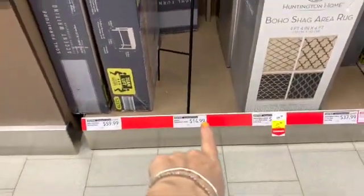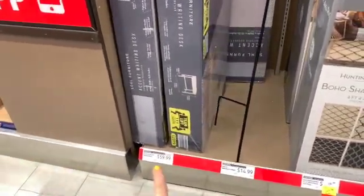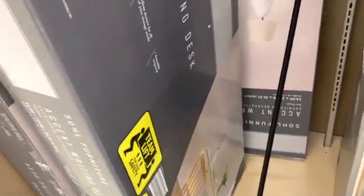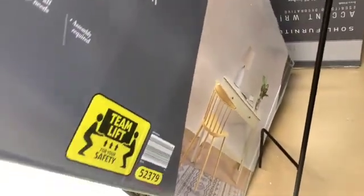A shepherd's hook for $14.99. It's a really tall, long one. And then we have a writing desk down from $119.99. It is now just $59.99, and this is heavy. You're gonna need 2 people to lift this, and it has a little drawer, half